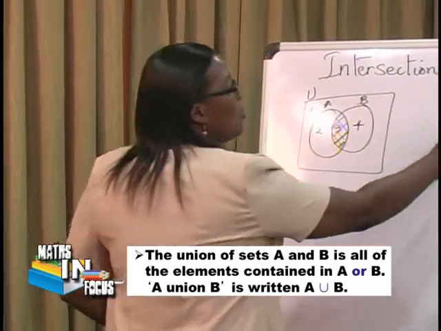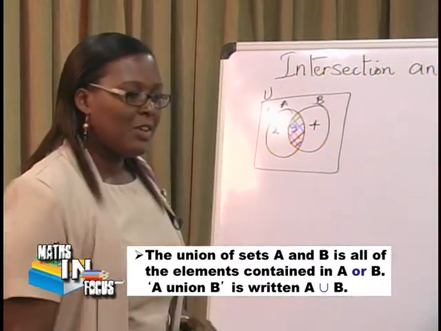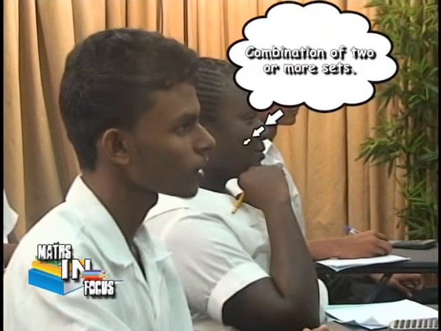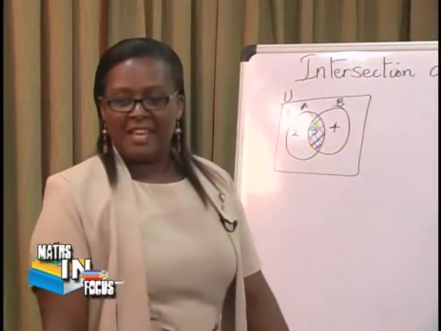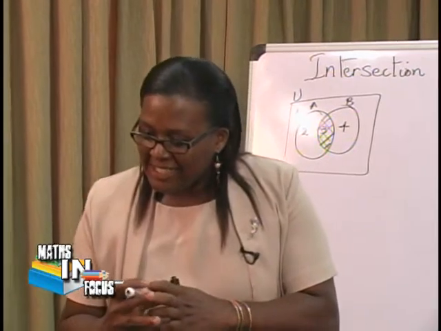And we move to union. America, what do you think union connotes? What meaning do you think it connotes? A combination of 2 or more sets. A combination of 2 or more sets. And when we combine them, what do we do with them, Damien? We combine them, or we put them all